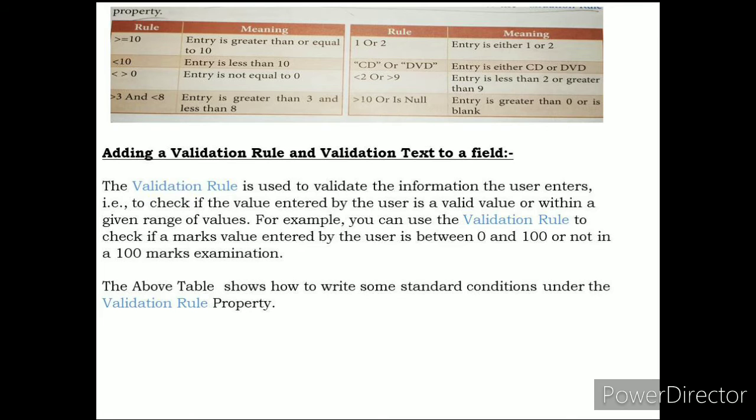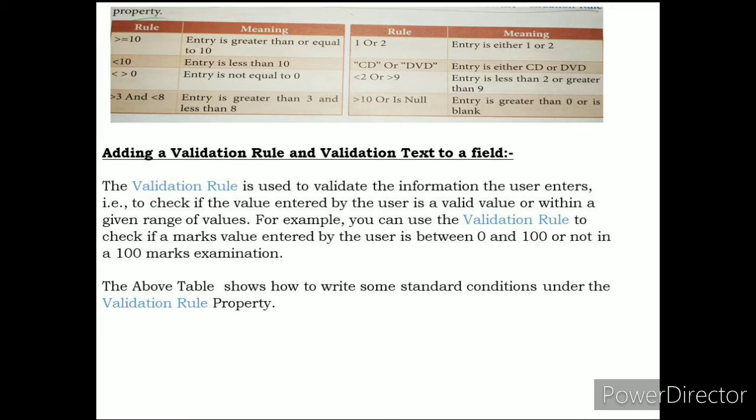Okay students, now we are going to understand the validation rule and validation text, and how we can apply them to any field of any table. Before we proceed, let's understand the validation rule. The validation rule is used to validate the information the user enters, that is, to check if the value entered is valid or within a given range.